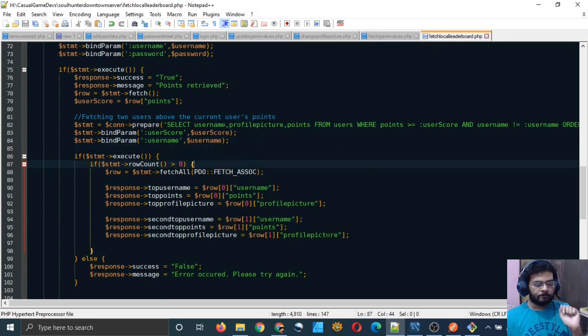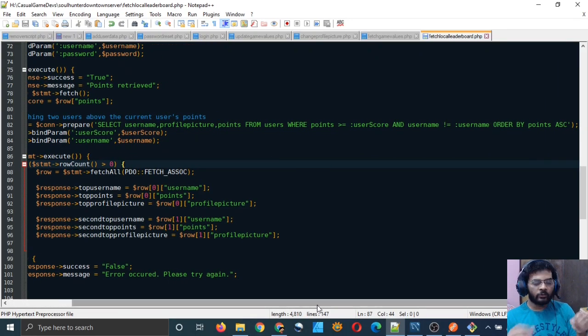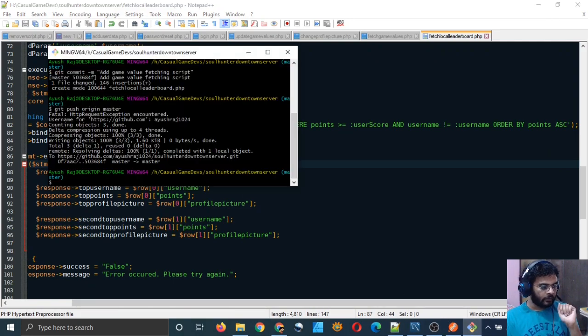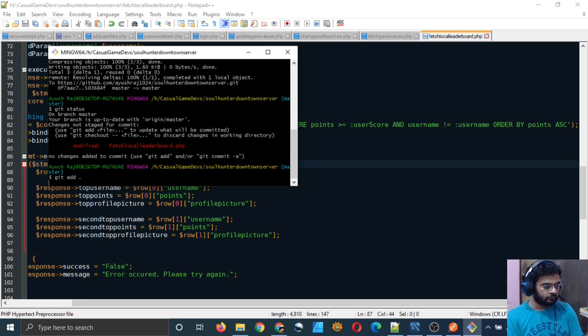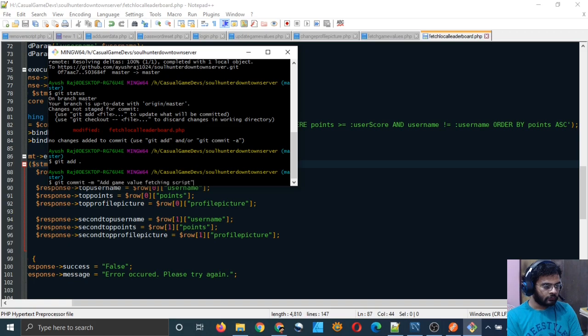So yeah, now that should give us some users whose values are equal, and they will be shown above us, right? So let me just add, fetching game value and local leaderboard fetching script.